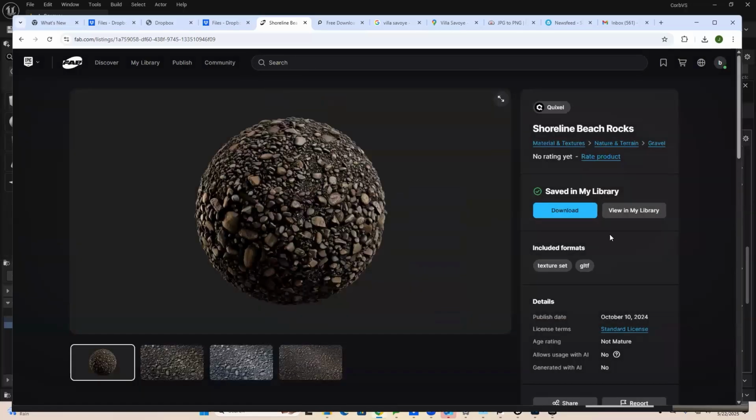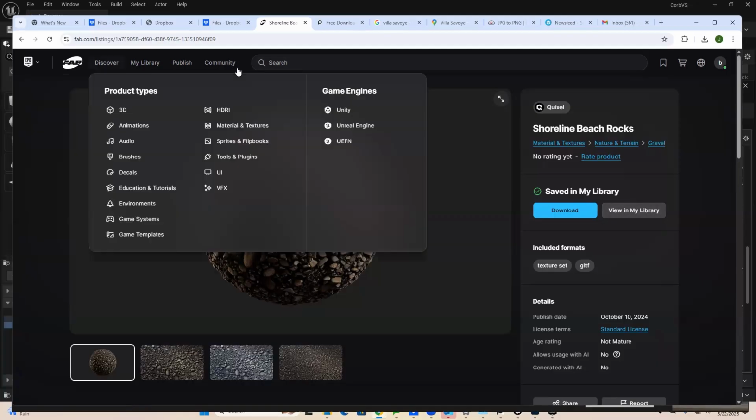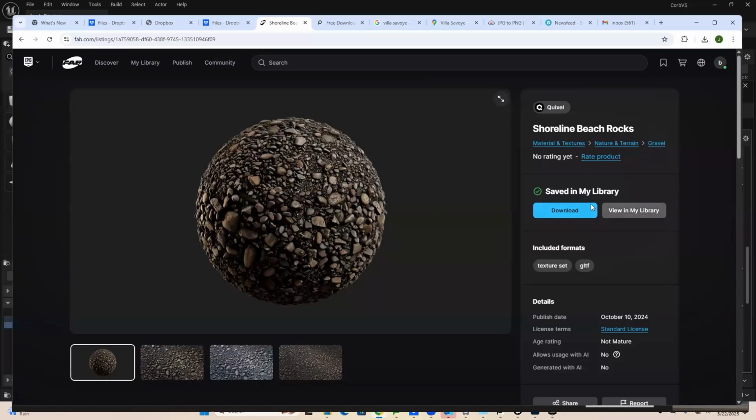Hang on a second. Is there something that says save to my library? Yeah, add to my libraries. So if you add it to your library, does it say import to project? Then view to view it. So click view in my library. It says view in my. So go to